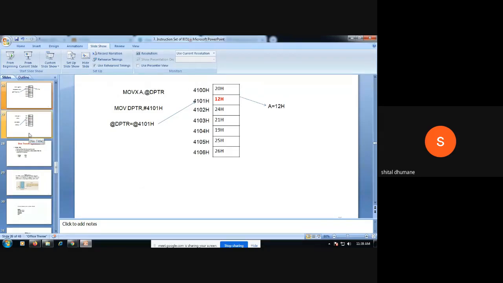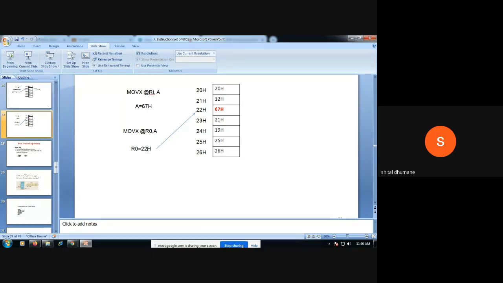Okay. Now the reverse instruction, that is MOVX @Ri comma A. That is, the contents of the accumulator will move to the specified memory location. We have seen previously MOVX A comma @Ri. Now this is the reverse of that instruction, MOVX @Ri comma A. Here the contents of the accumulator will move to some memory location. Suppose the contents of my accumulator are 67, and I write the instruction MOVX @R0 comma A, and my R0 is 22.